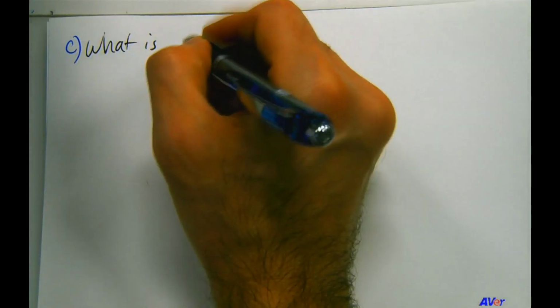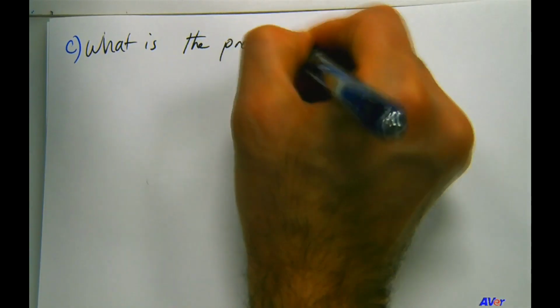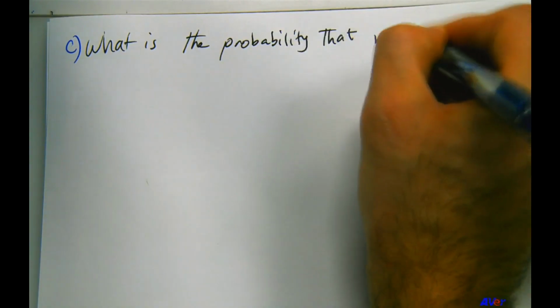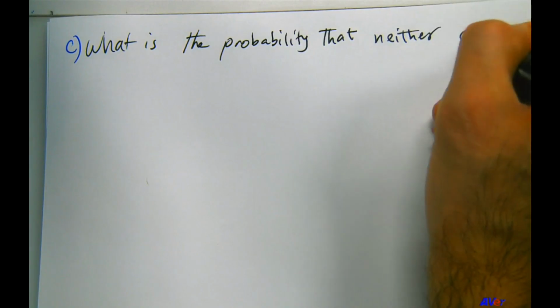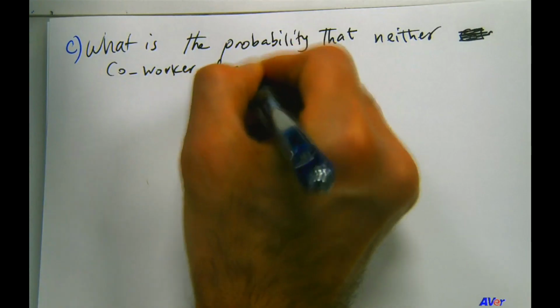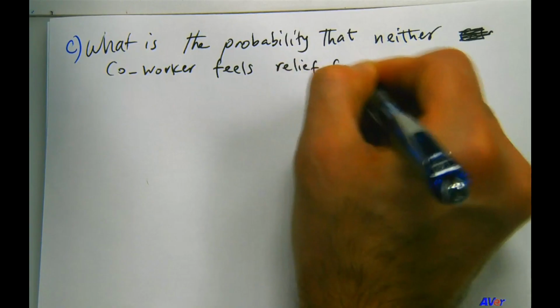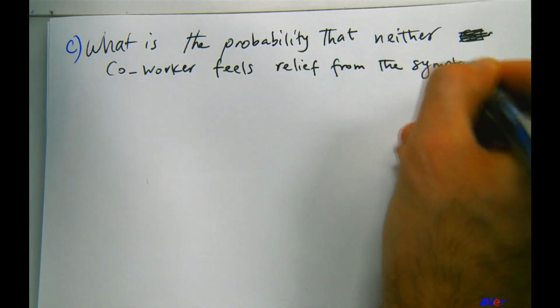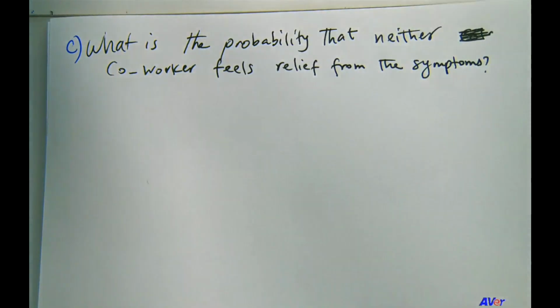So let's add another part to this and ask, what's the probability that neither one feels any relief from these symptoms? So let's call that part C. Okay, so what is the probability that neither coworker feels relief from the symptoms? There are two ways you can use to answer this question. Both ways are valid, and I'll talk about both ways. So one solution